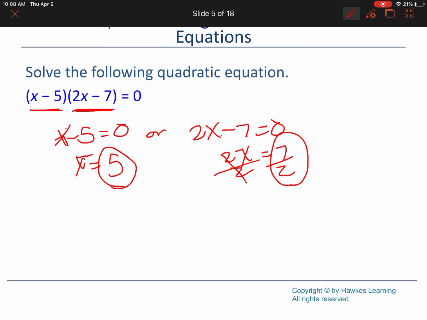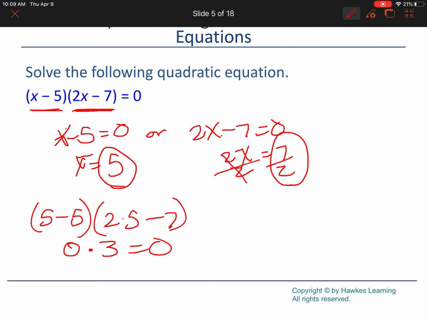So if I plug them back in, when I plug the 5 in, I get 0 times 10 minus 7 times 3, but that's still 0, right? So that one worked. If I plug the 7/2 in,